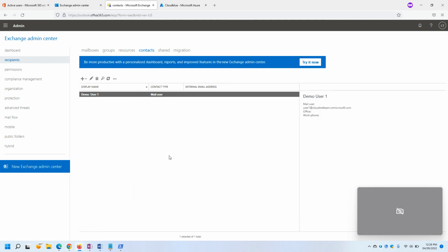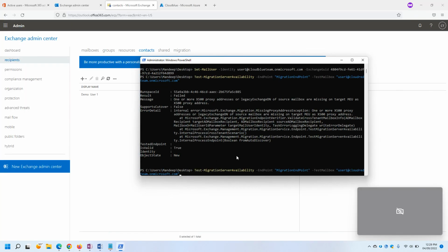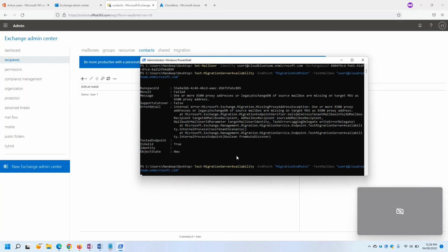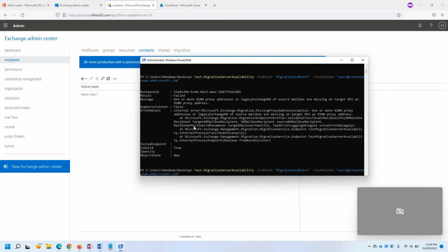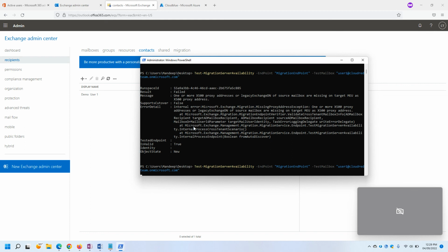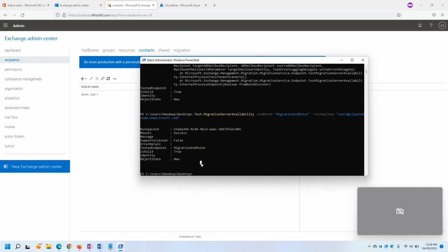Good. Now it looks like we are ready for the first part of this migration. If we test this, this has to be successful without any issues this time. It is taking some time to update, probably 10-15 seconds. So let's run this command once again, and hopefully this will say successful. Good. So now we have a successful result, which means